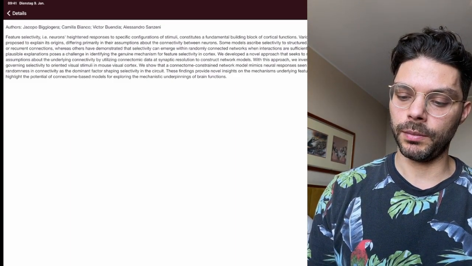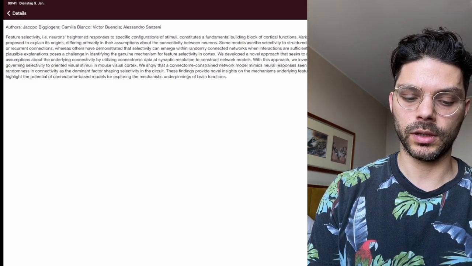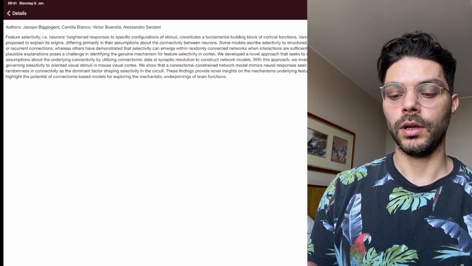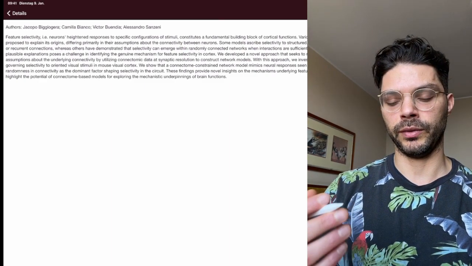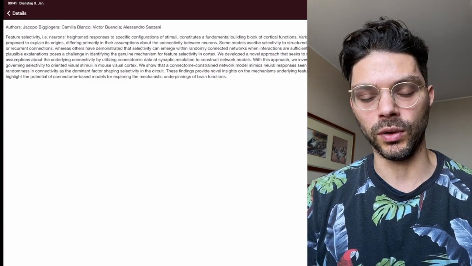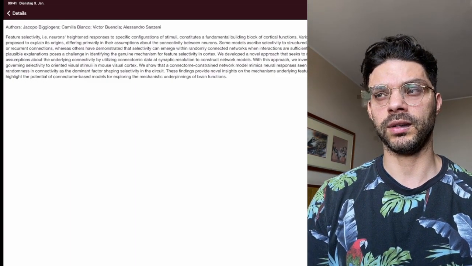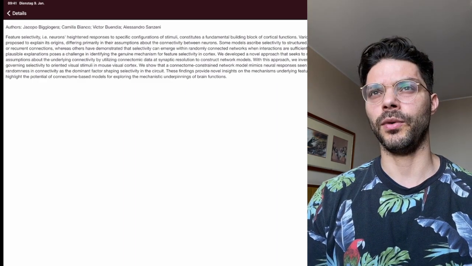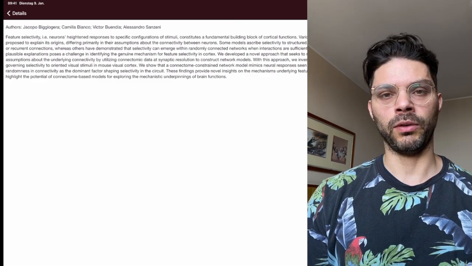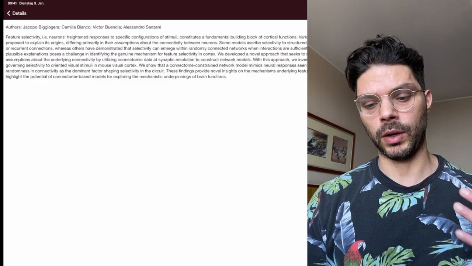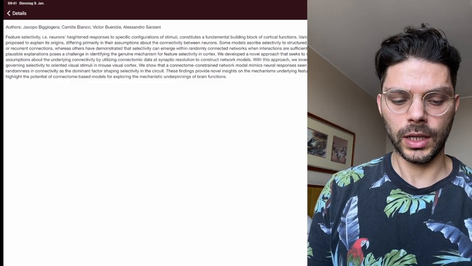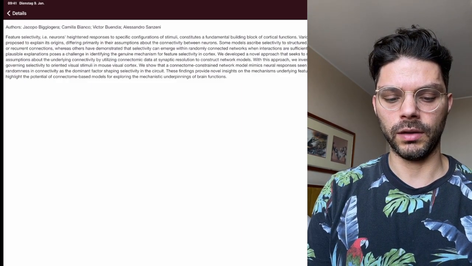We developed a novel approach that seeks to minimize preconceived assumptions about the underlying connectivity by utilizing connectomic data at synaptic resolutions to construct network models. Okay, so this was one of the themes I thought would start showing up. Maybe they're going to build a model using connectome data. So we're not going to say that connectivity is random, or set up according to the input tunings, but we're just going to constrain it by what we actually know in a particular circuit. With this, we investigated mechanisms governing selectivity to oriented visual stimuli in mouse visual cortex.